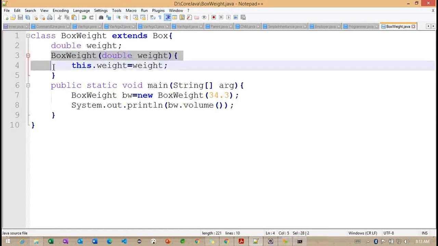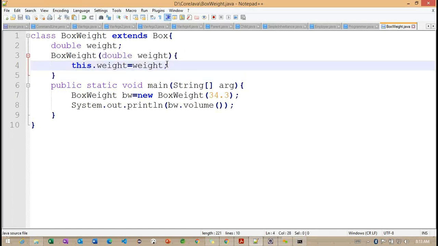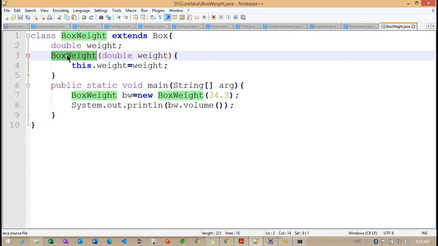So this particular constructor is applicable only to this class. We are not setting any values from here. The superclass variables, we are not setting the values from here. So if I'm not setting them here, what happens internally? By default, getting the point.